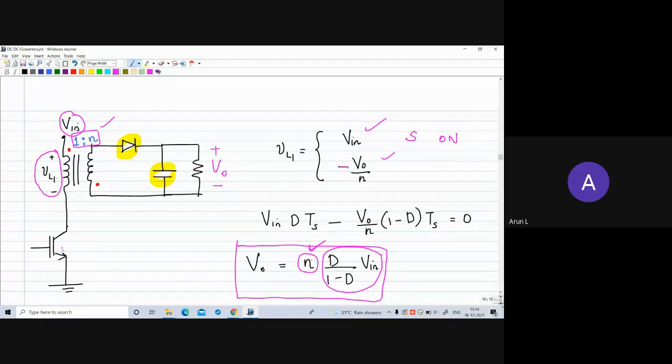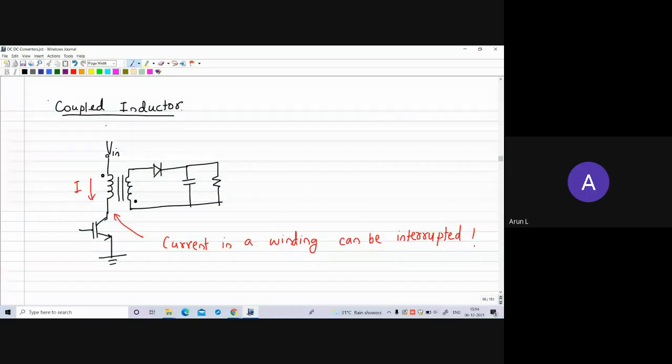And there is an important question here. If you observe this circuit closely, you can see that the primary inductance is connected in series with the switch. So we always say that we cannot break the current in an inductance. We cannot open circuit a path containing an inductance, because current has to be maintained in an inductive path. But here we have said that we will open and close the switch by giving firing pulses to this IGBT. So the moment you open the switch, this circuit gets open circuited. So current in that winding gets interrupted. So can we interrupt the current in a winding?